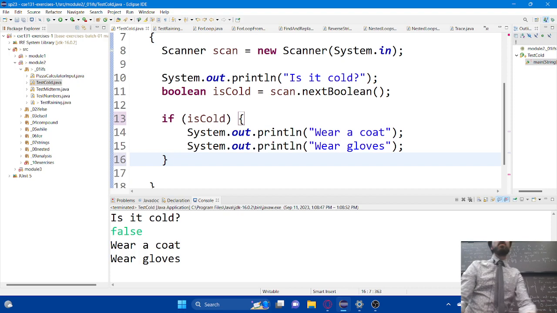And hopefully see that it still tells us what we want in the case of a cold day, but if it happens to not be cold, then nothing appears, right? It skipped it. It just jumped over everything. And there were no other instructions as to what to do, so the computer didn't do anything. It just said, okay, I must be done.